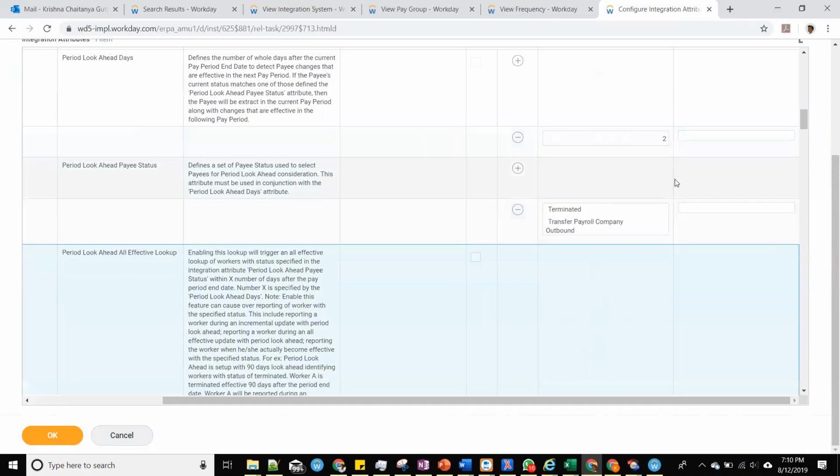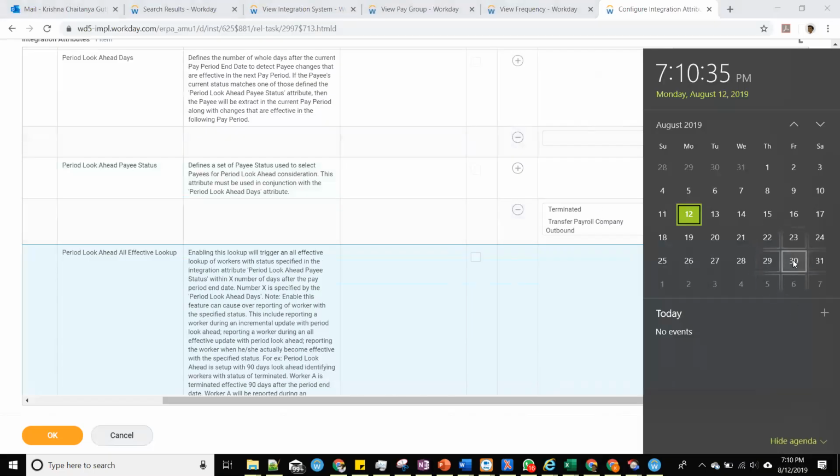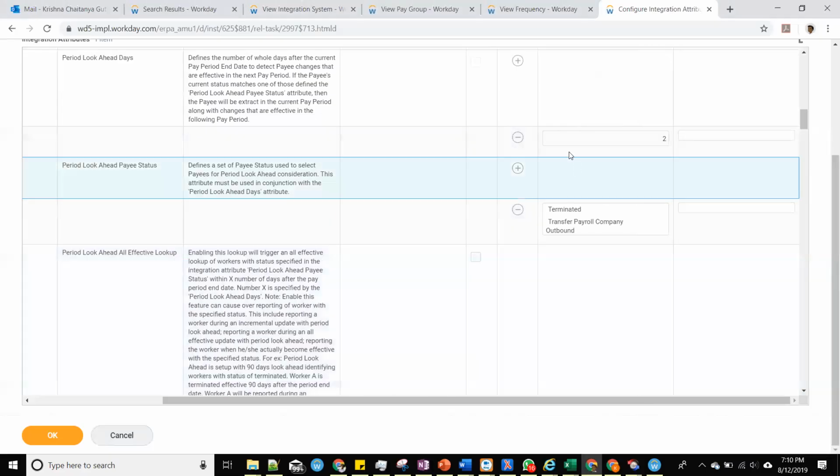whether I'm going to look for only these 2 after 2 days after the pay period end date. If there is any other data change, I'm not going to worry about it. If there is, let's say the pay period end date is 8:30, and then the employee is terminated on 8:31, right? Pay period end is 8:30 because it's a biweekly. Friday is ending out, and employee is terminating on 8:31, right? In this case, if you don't do the pay period lookup ahead,